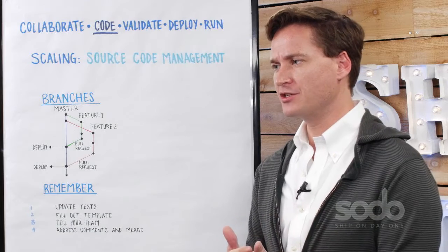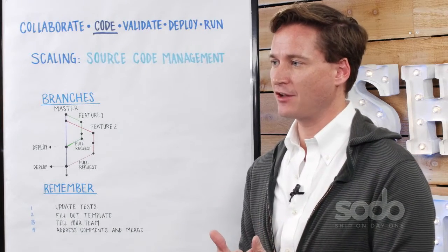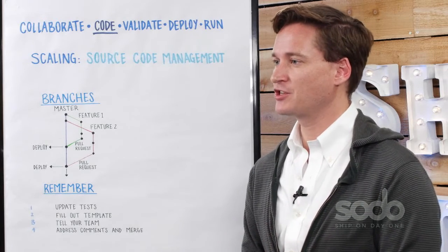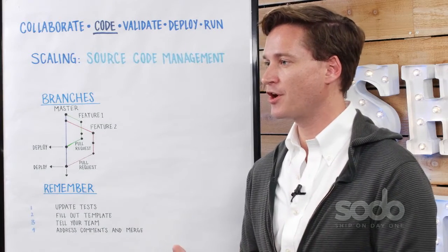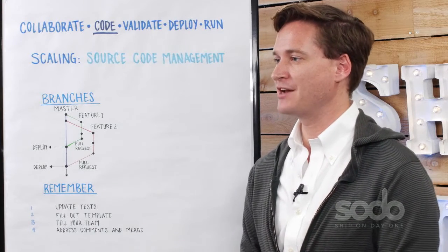So what I'd like to do is talk about two different ways that we can better scale source code management across a team that isn't using it as much as we'd like. And as software developers, this is important because you and I know it's good to have a safe place to store code, to be able to look over a version history, as well as to be able to manage feature